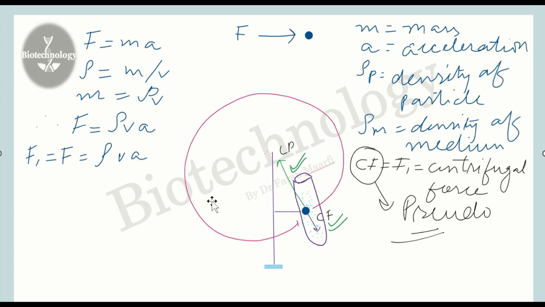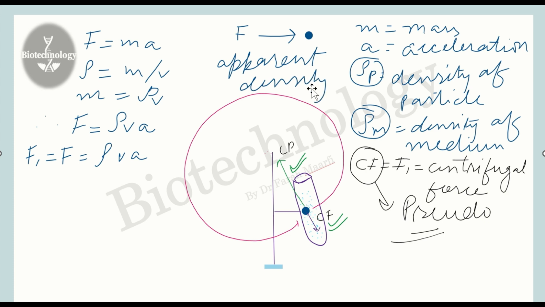The density here is the apparent density because there are two types of density here. One is rho P and one is rho M. So this is an apparent density. So according to this, when we consider both the densities, then the formula will be equal to rho P minus rho M, bracket close, V into A. V here represents the volume of the particle and A is the